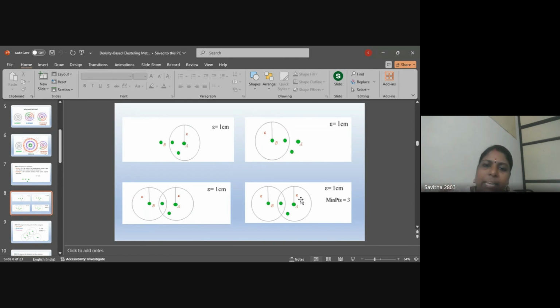This is again B point, we need to draw the circle. We need to concentrate on the circle part, or the center point of B. From that point, we need to draw a 1 centimeter circle. So here, the third figure in the bottom part, A and B both are drawn. Then, the data values inside circle A: it contains 3 points, B contains only